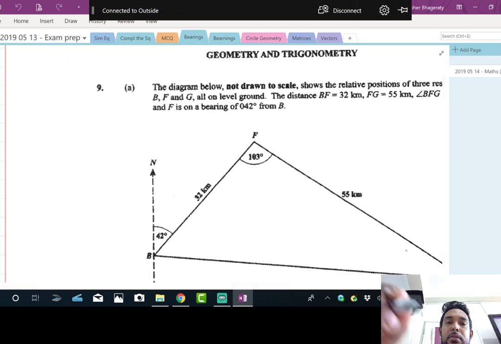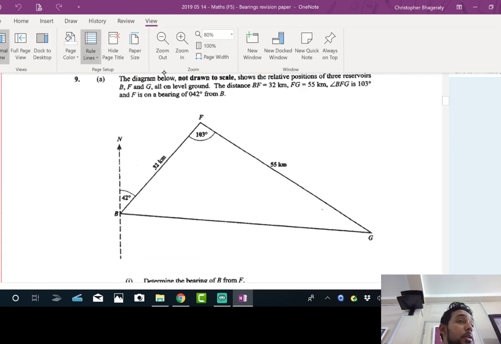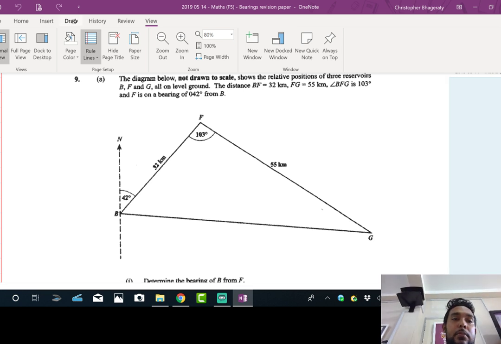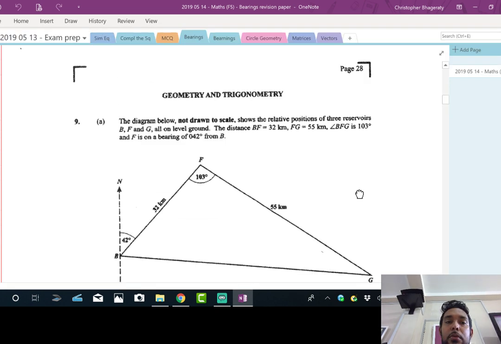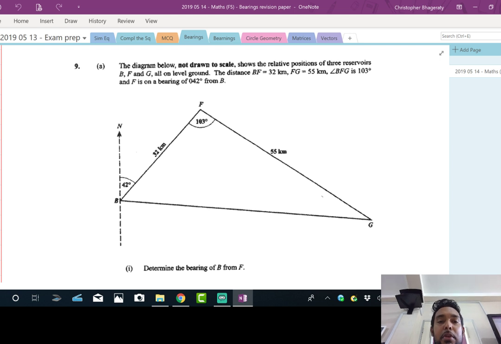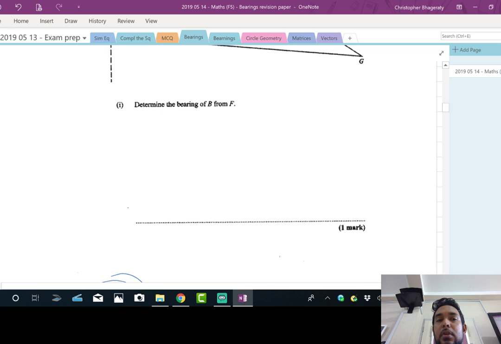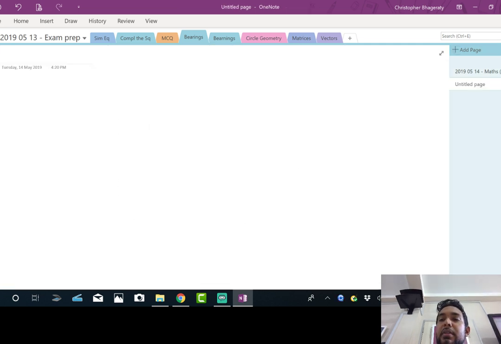Hold on, what's going on here? So this is from May 2020. If you look at the front of the printout that I gave you, you will see all the years on the front there. Let's take a look and see what's going on. So this is the May 2018 question. Let me just confirm that. Yes, May 2018. Before we get into that, let's just recap.